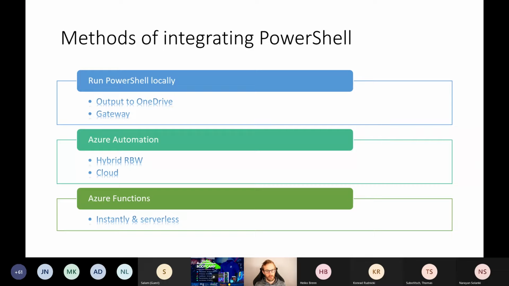So what Azure Functions provides for PowerShell is a number of things, but what is important for us being Power Automate users is the fact that you don't have to worry about where your code is running or if the system that's running it is up to date. You just have a way to store your code and to directly execute your code. So with that being said, Azure Functions is definitely my favorite way of integrating PowerShell into Power Automate.